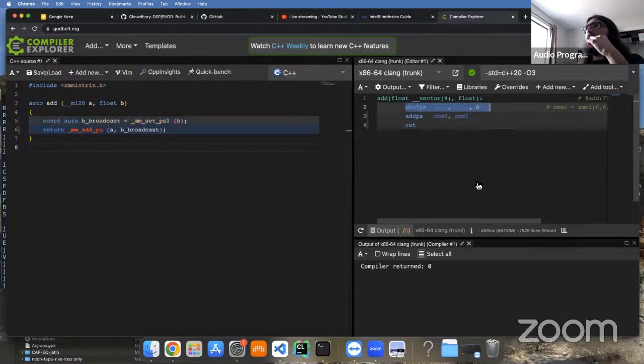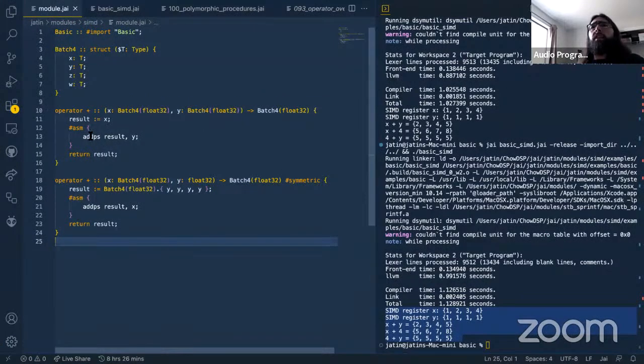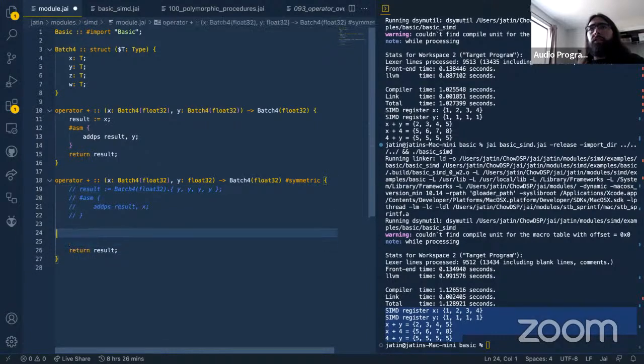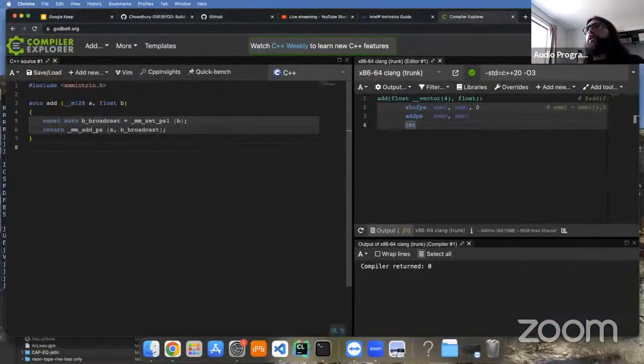So now I've got this shuffle PS business. I wonder how that would work here in Jai. So let's see. Instead of doing this the way that I've been doing it, actually let's comment it out so I can come back to it if my current version fails. Let's try this. So let's start with X like we were doing before. And then let's start an assembly block. And what I'm gonna want to do here is do